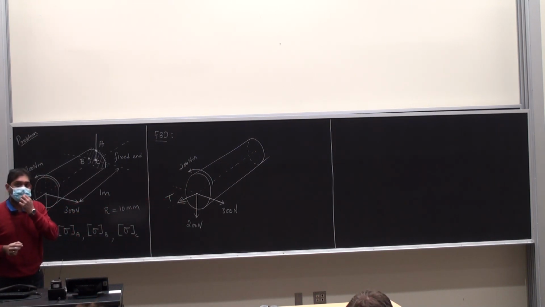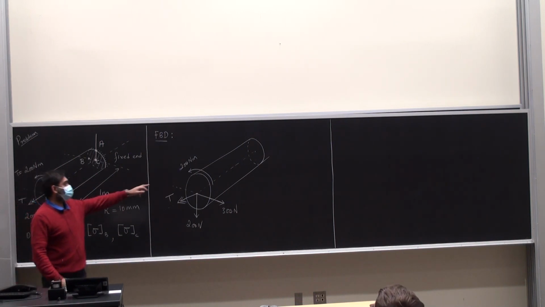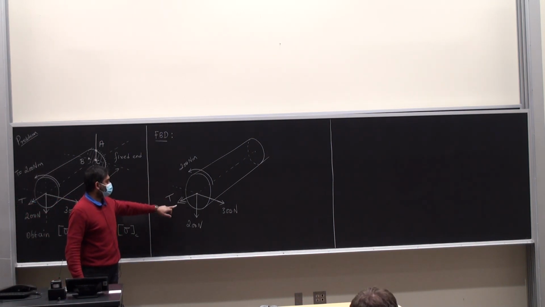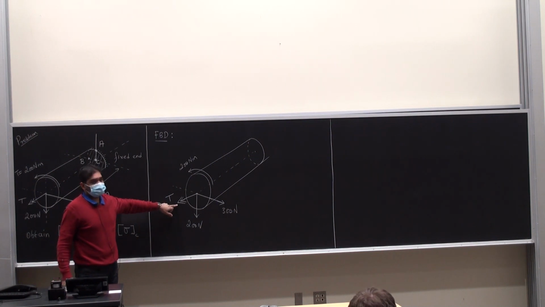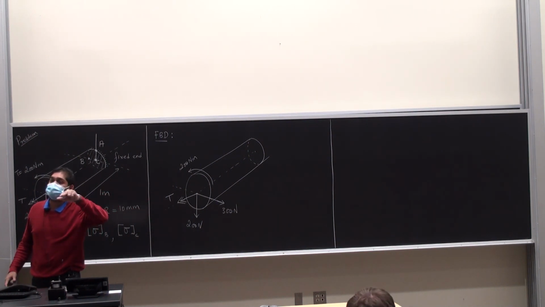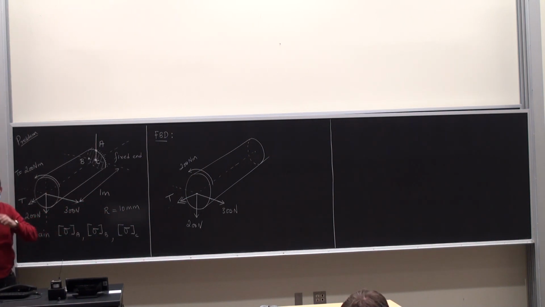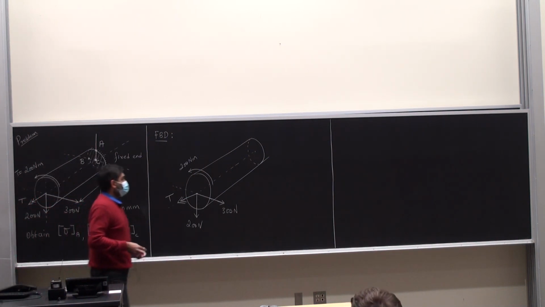This is the sense of the torque. It is not necessary to show both of these things. Either you show this or you show that, and then you write the value of the torque. Okay, it's completely fine whether I just show this, but the double arrow indicates that it's a torque or a rotation of some kind. Okay? Then,